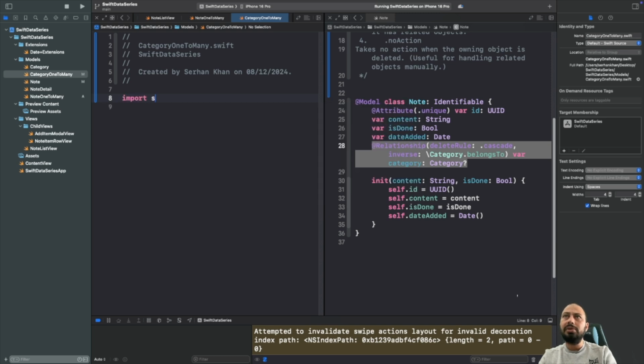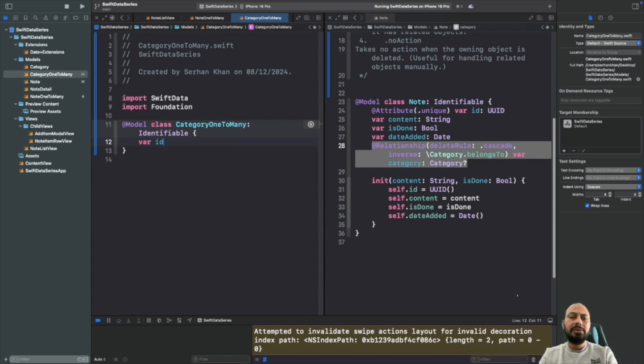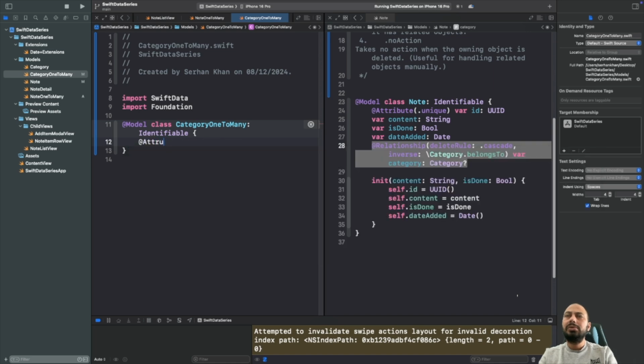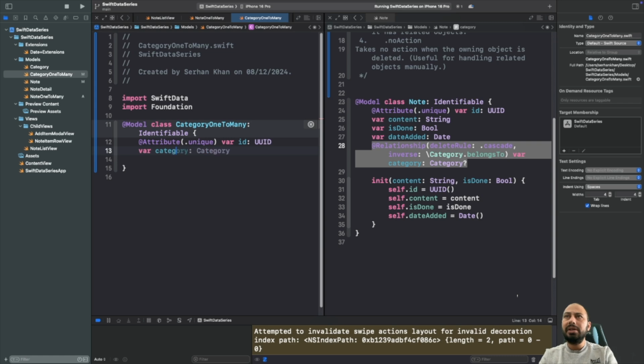Let's create our category one-to-many model as well. We're gonna import SwiftData. We're gonna import Foundation for the date. We are using the date type, that's why. Model class category one-to-many is gonna obviously inherit Identifiable, and our ID, so it's gonna be attribute unique, var ID, UUID type. We're gonna have var category